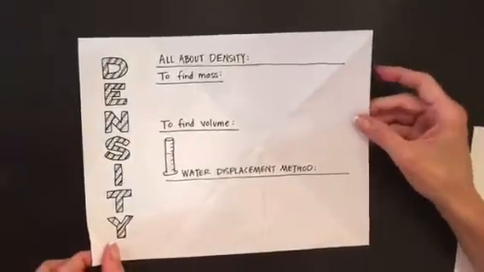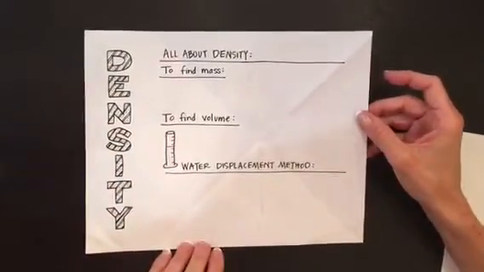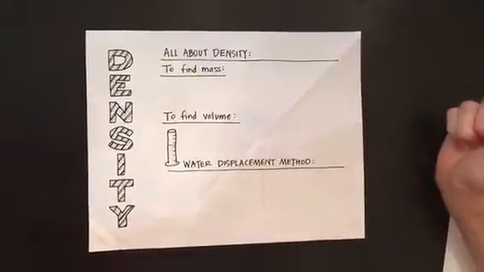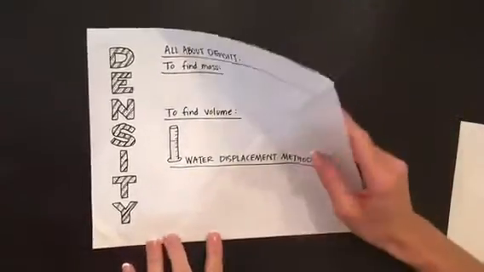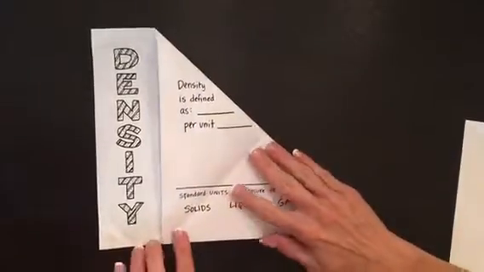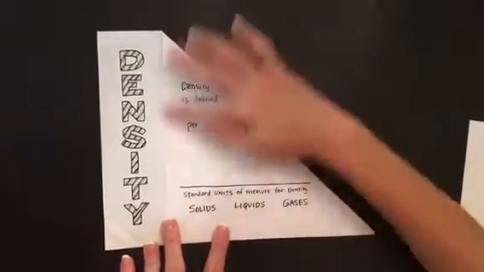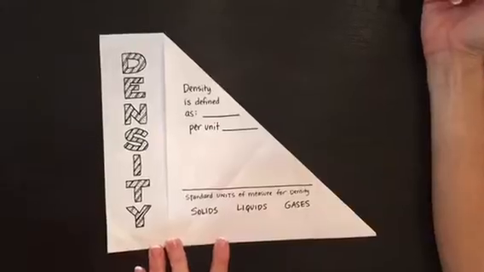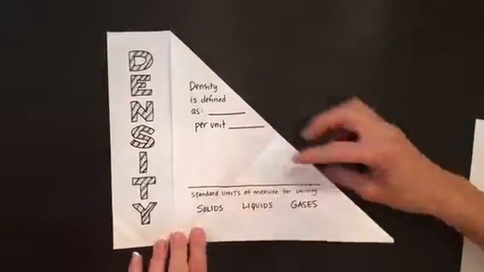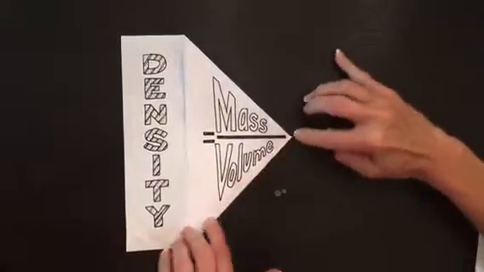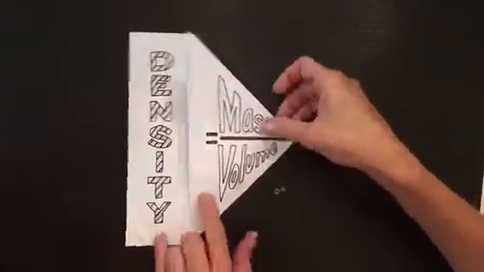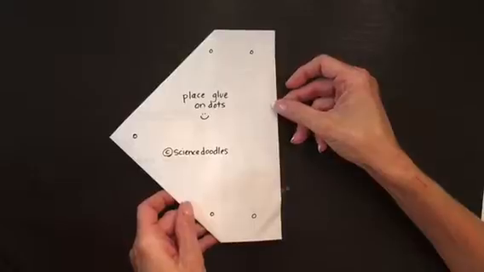Okay, so this is how you make your density foldable. You're going to take this piece of paper just like this, and you are going to fold it down like this and make a triangle. Okay, so this is what it should look like. Then you're going to take this corner and fold it up to match that side. And then this is the final product of your foldable, which we will then turn over and glue on the